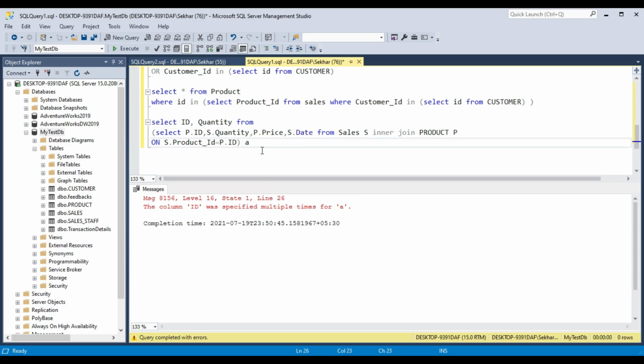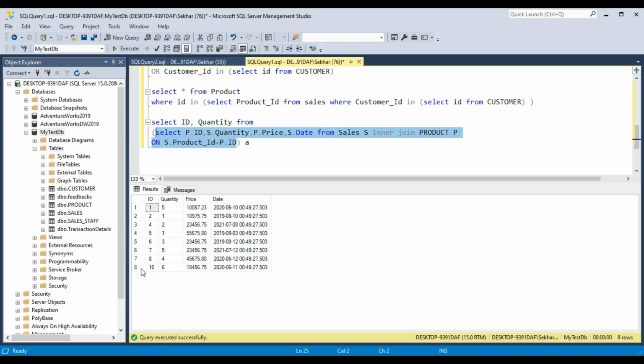Now suppose you are fetching different columns from different tables, like you might have multiple joins with multiple tables. You can use a simple outer query with from, and this is your main query which is giving the output, and based on the columns you have in this inner query, only those columns you can select. If you run this inner query, it is giving you 8 records.